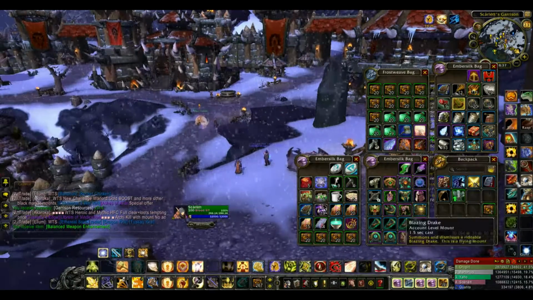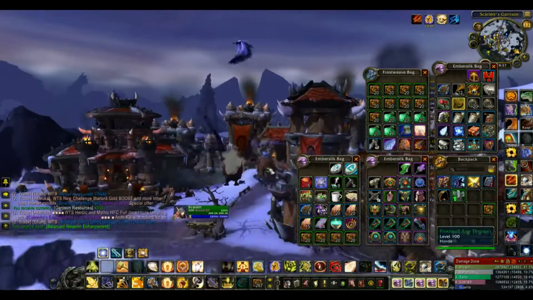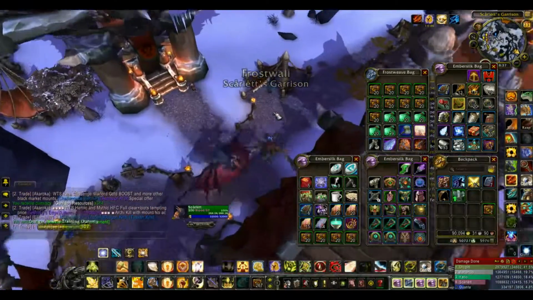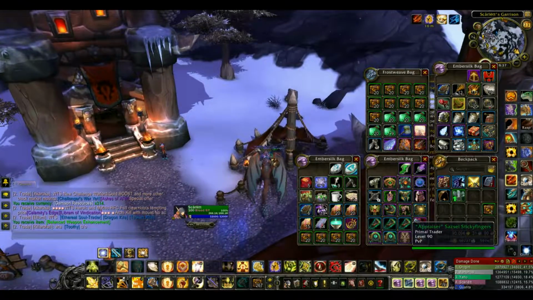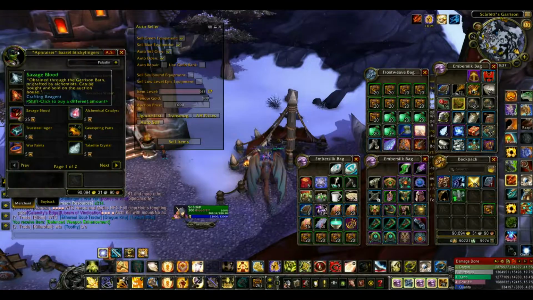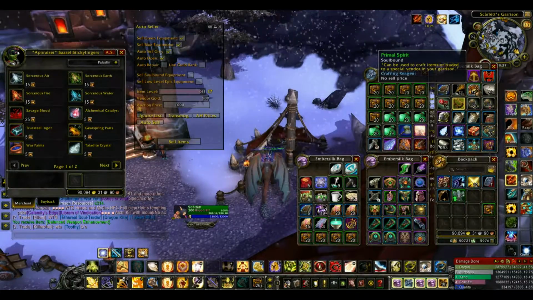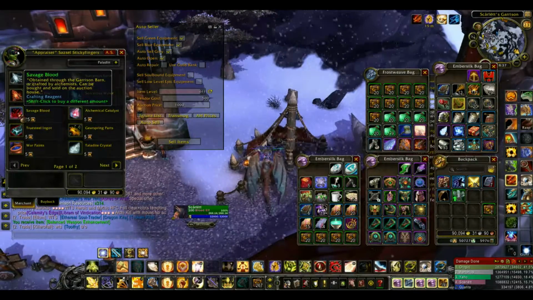So what I'll do is I'll take these primal spirits, go over here to the vendor near the Ashran portal. If I remember, the vendor's name is Appraiser Zazzle Sticky Fingers. You go in here, Savage Blood. There you go, 40, 50 gold a piece. Buy a bunch of those when you build up enough primal spirit. Usually I wait till I get over 1100, 1200, then I'll buy 50 to 60 of these,